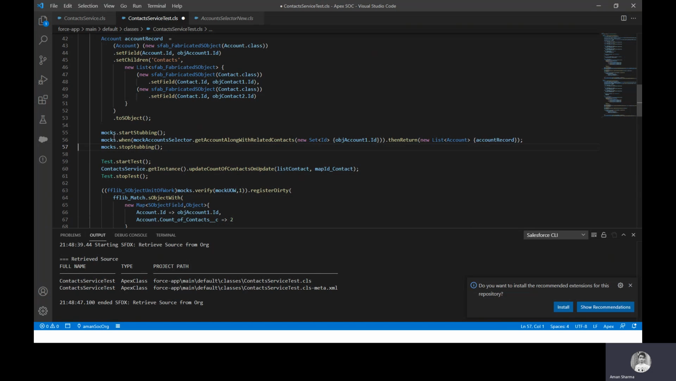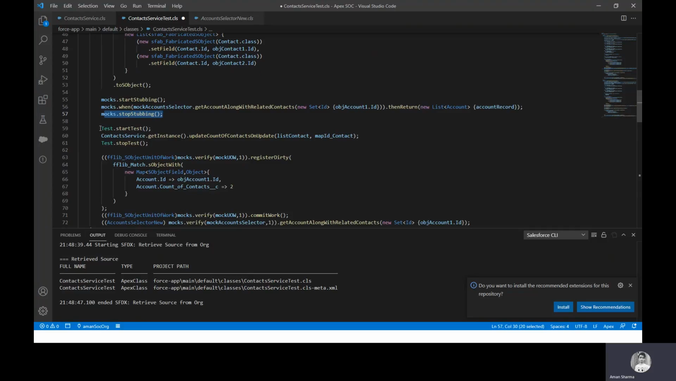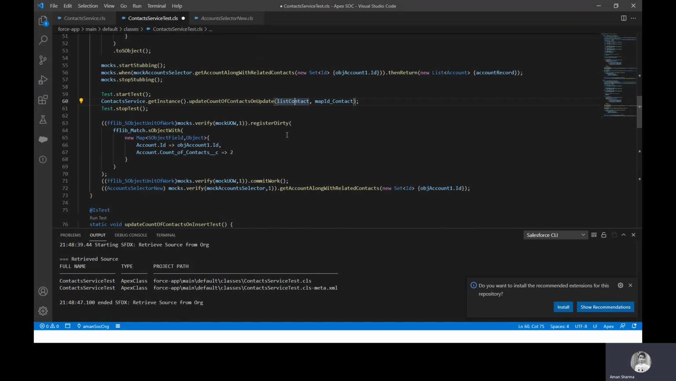So after all the mocks are done, we will say mock.stopStubbing after we define everything. Then we say Test.startTest and Test.stopTest. And then we call the methods of the class by passing the data. After this is more of a System.assert, like how we put, because this will fail even if the slightest of